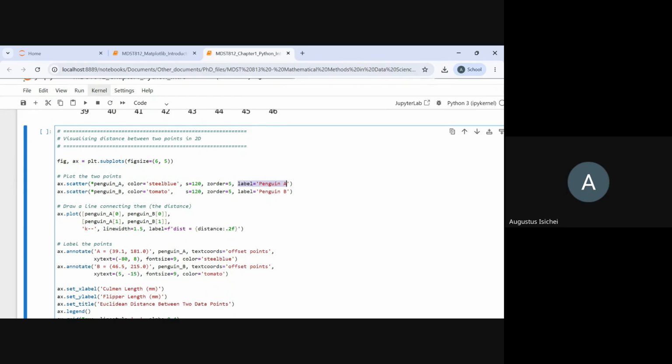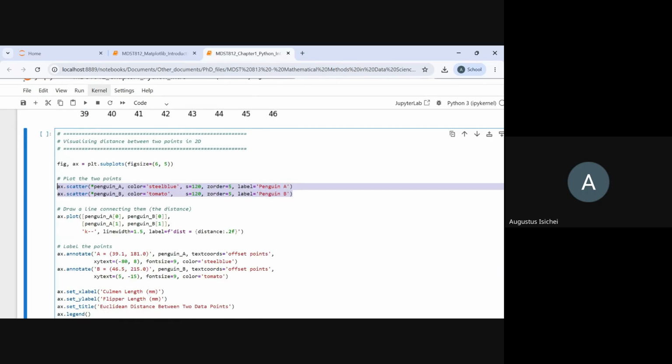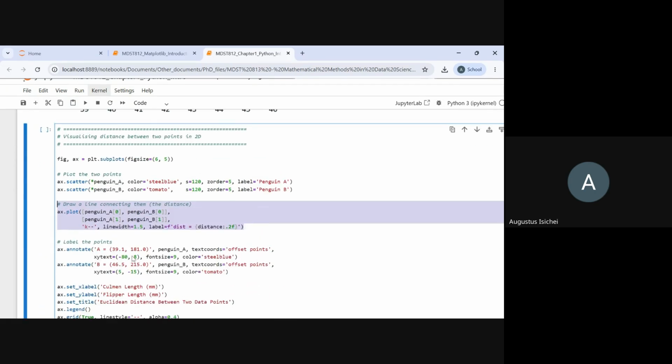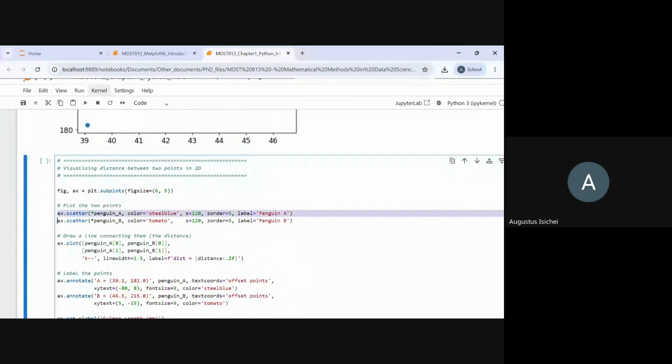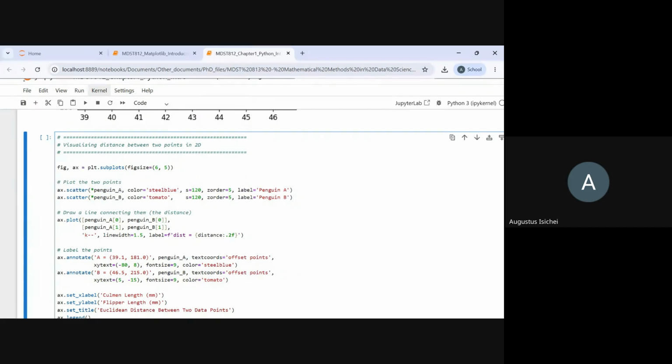So that means just these two lines here will help us achieve the points A and B on a plane as seen here. But this other line will help us draw a line that connects A and B, a straight line. This is the code that does that for us. That is axis.plot. So axis.scatter gives us dots. All right. But axis.plot